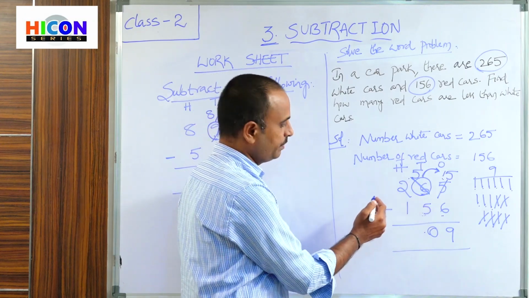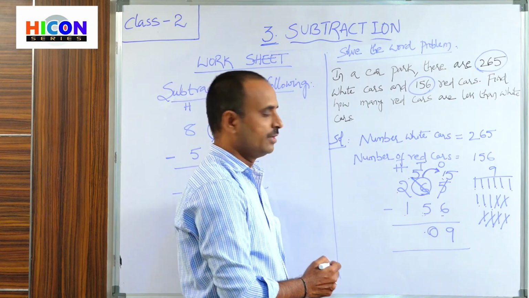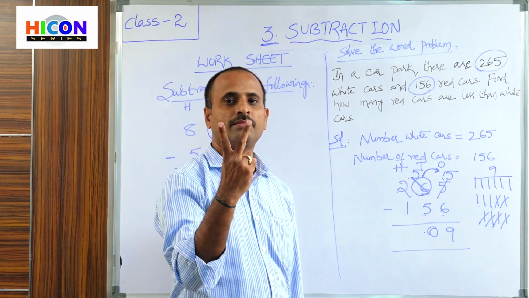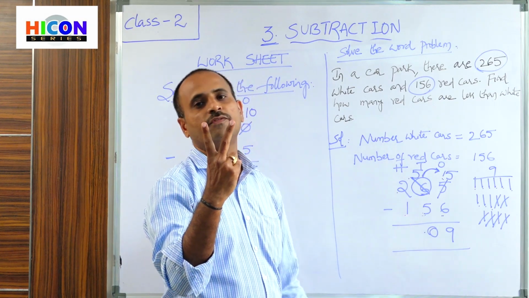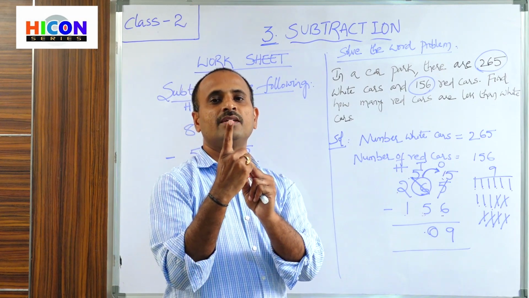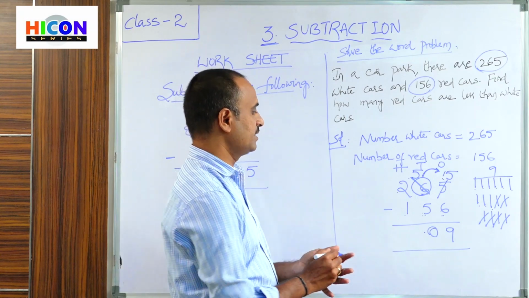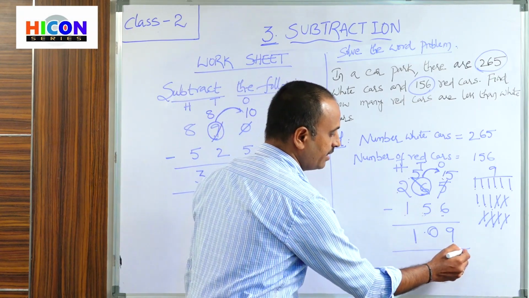Next, go to hundreds place. The first number is 2 and the second number is 1. So open two fingers of your hand. There is 1 and 2. So the second number is 1. So close one finger in these two fingers. So I am closing one finger. So children, how many fingers are left here? So one finger is left here. The answer is 1. Children, the answer is 109.